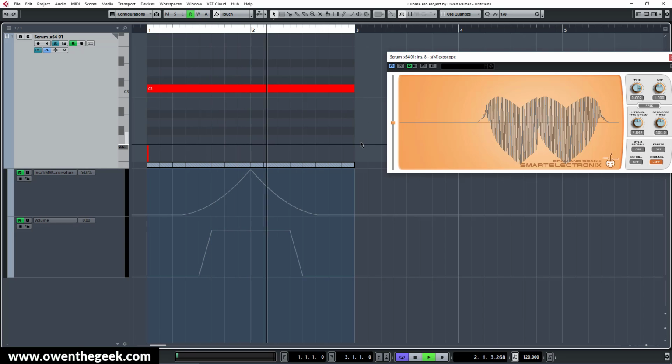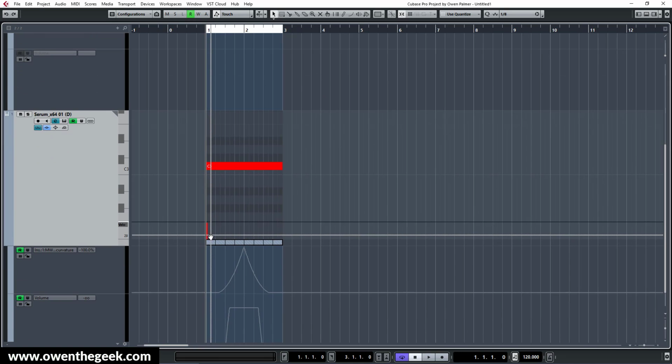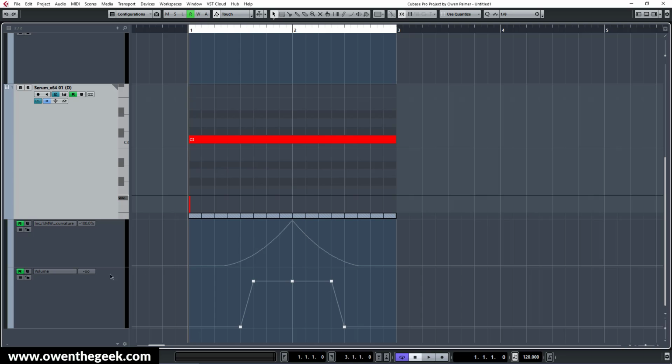I could have done it just with Serum. In fact, maybe I'll do that quickly. The way to do it just with Serum is, first of all, to have the long sine wave note, as I already have. I also need a straight line. I'm going to use the wave shaper, but I'm going to create a wave table from that wave shaper, because actually it's much easier to use Serum's